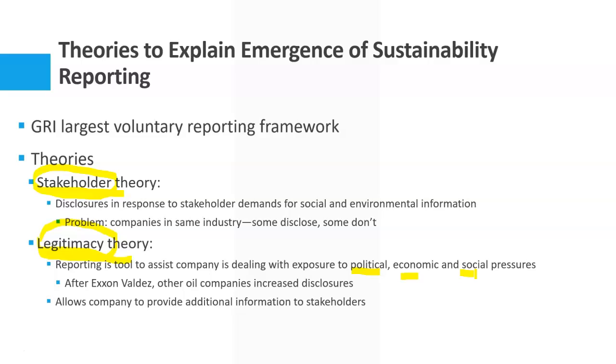Because we have the perception, the society perceives that the company must act like this. So that's why the company will behave like that. Accordingly, legitimacy is a condition or status which exists when an entity's value system is congruent with the value system of the larger social system, which we refer to as the political system, economic system, and social system.